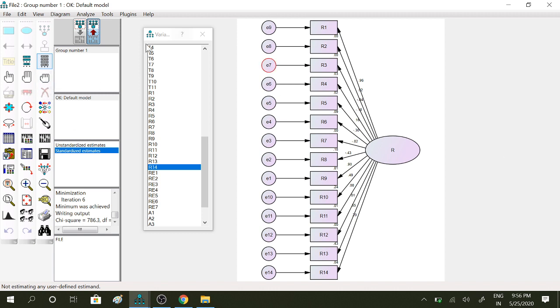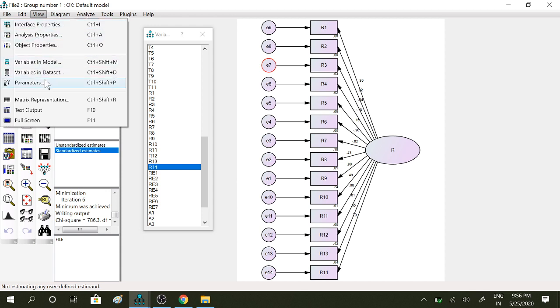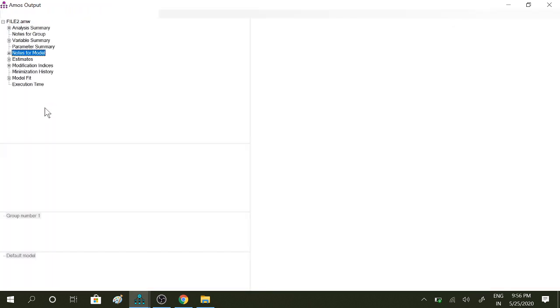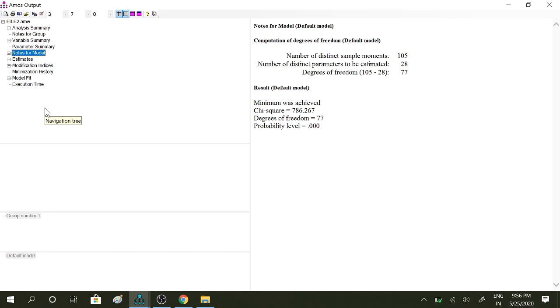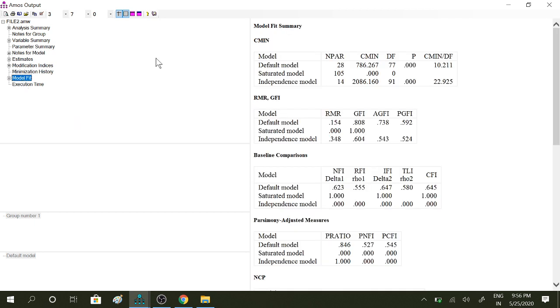Okay, now we go to view and text output. We get the output of structural equation modeling. So we click this one, model fit. Click it. See the p-value, the CMIN in the box, the p-value 0.000, this is less than 0.05, and also CMIN by DF, this is 10.211.